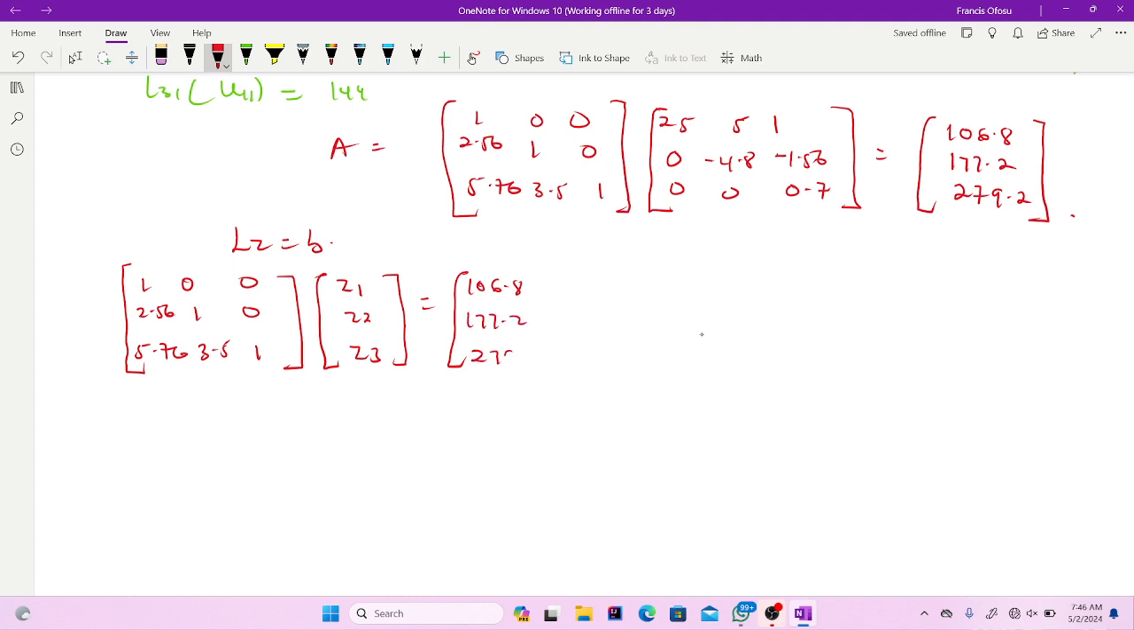106.8, 177.2, 279.2, right? Yes. So once I get this, then I'm going to solve the equation and equate it. So for the first equation, 1, 0, 0, multiplying this column. So 1 by this, I get Z1 is equal to, the rest will be 0, is equal to what? 106.8. Then that's all. Then the second equation, I'll have 2.56 times Z1 plus 1 by Z2,